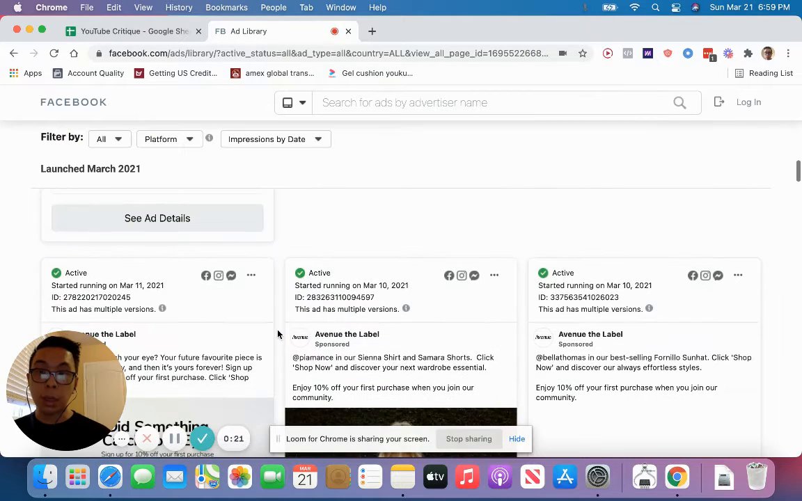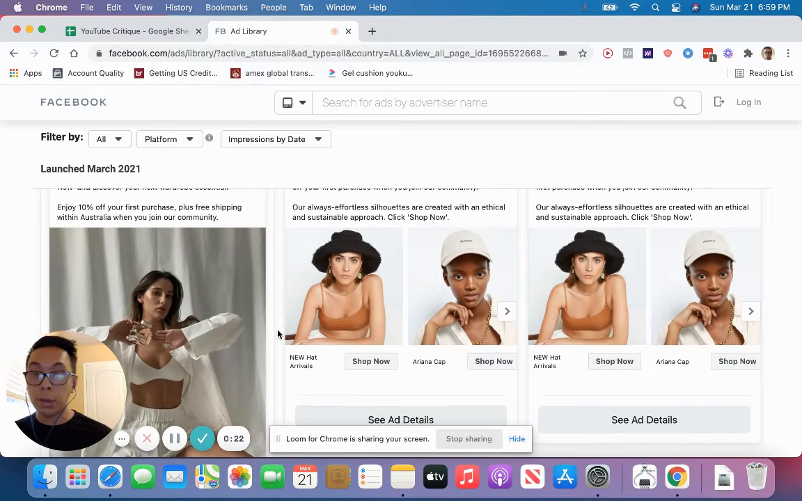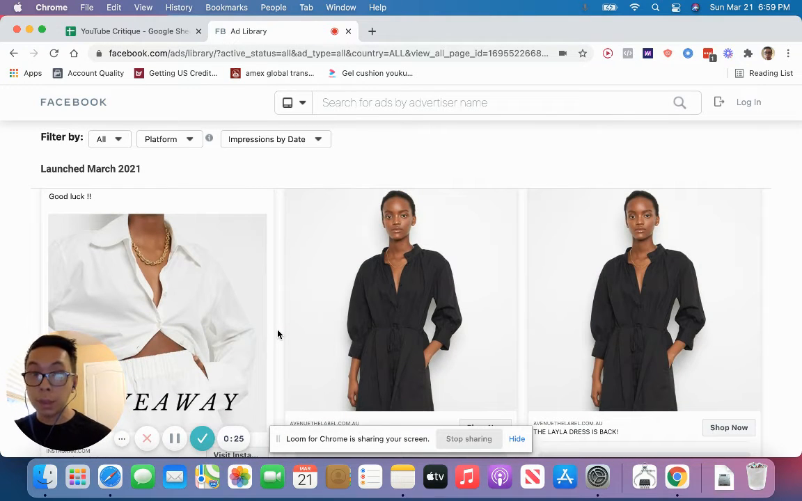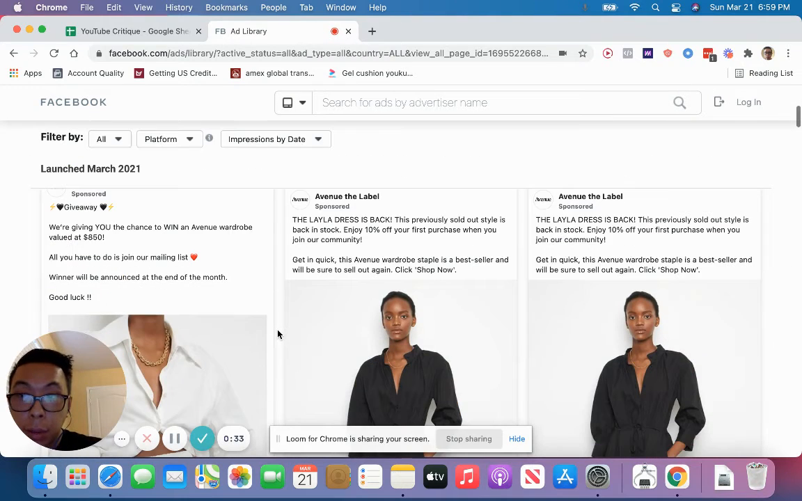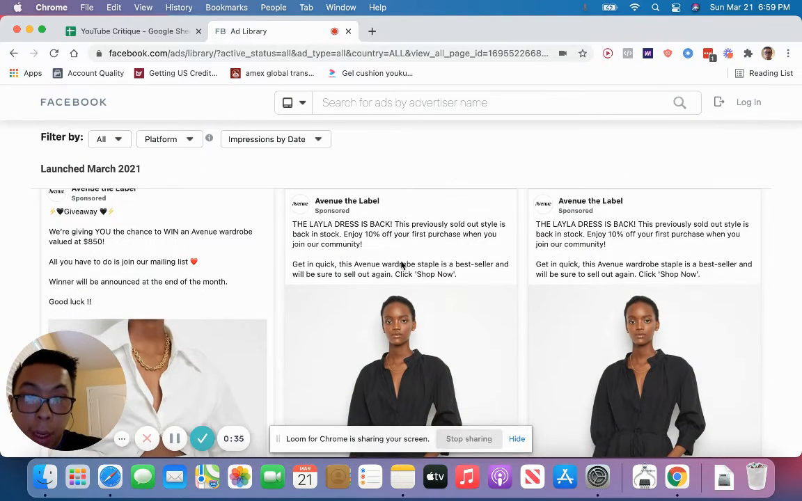So we see that the brand we're looking at today is Avenue the Label. They didn't ask me to do it, I just chose it at random. I saw them on Instagram, so I thought I'd do a critique for fun today. So let's begin. We see here that they have the Layla dresses back, this previously sold out style is